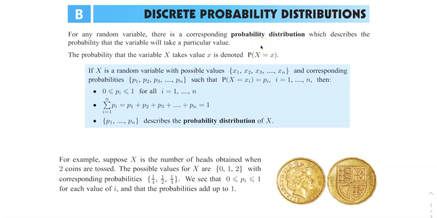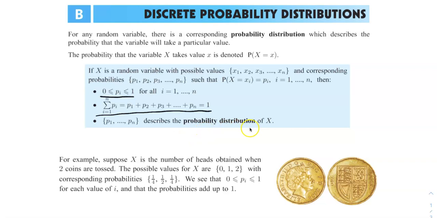Now, the key thing to keep in mind here is that if you add up all the probabilities, they should equal 1, and the lowest any one can be is 0. You can't get a negative probability, right? The probability of any one thing is between 0 and 1. When you add up all the probabilities, it should equal 1. The max probability is 1. And when you write this, that describes the probability distribution of x. So this lets you know the odds of everything happening.